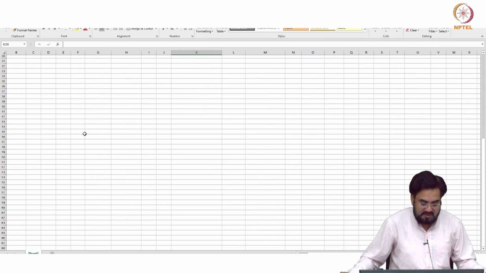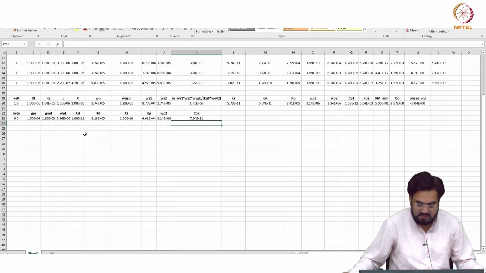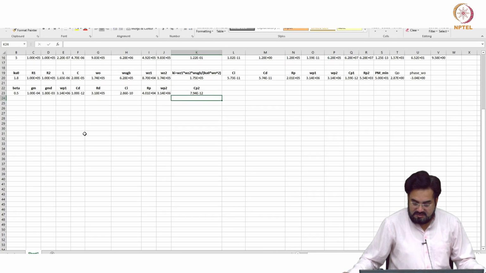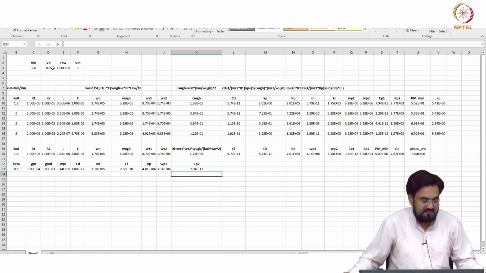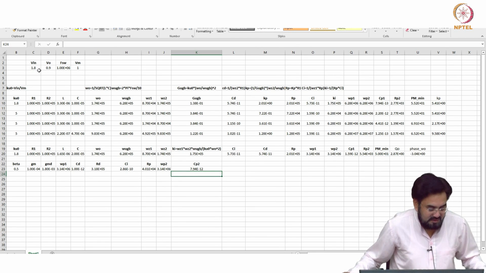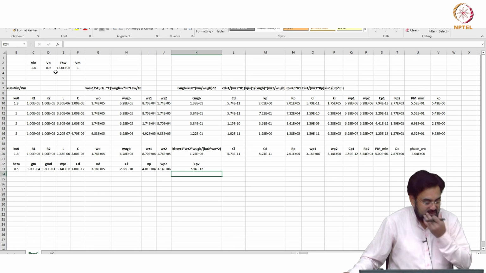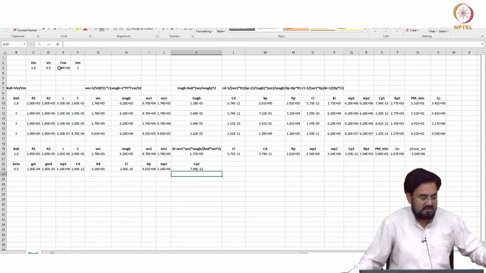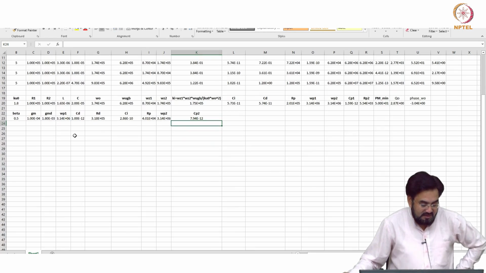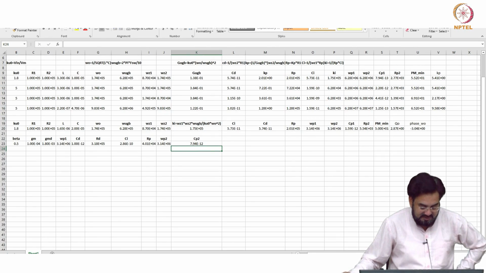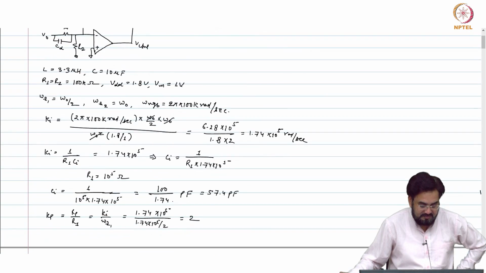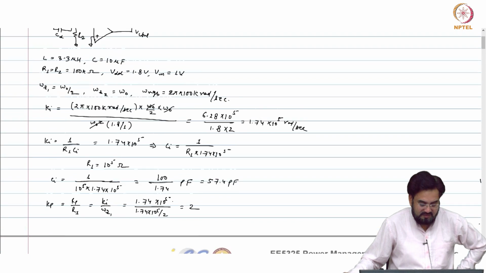Okay, so this is what I was telling you guys, to create a spreadsheet in Excel, and feed in all the values: LC or KU0 from Vin, and in fact Vin and VM can be found. If you are including the beta factor then V out will matter, otherwise not. The beta factor will only come into the picture if you are using a GMC compensator. And we did the calculation here, and the same formula I used for Ki.